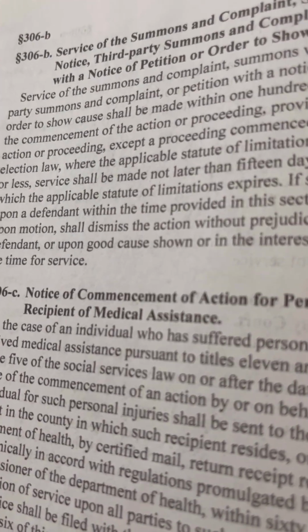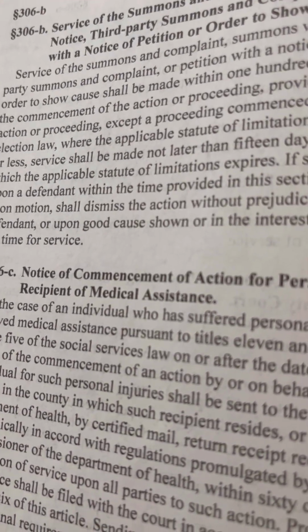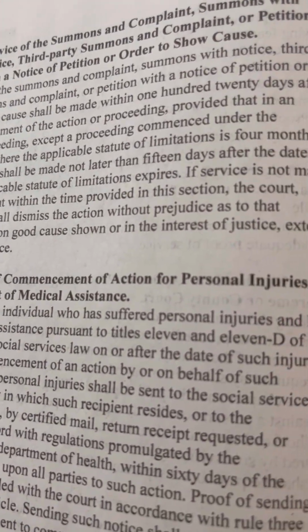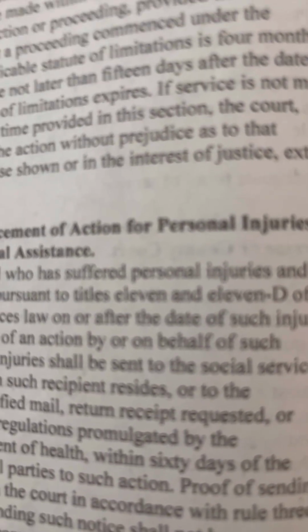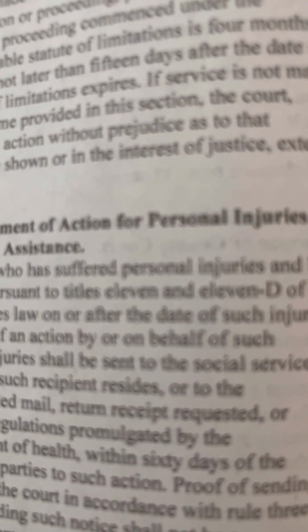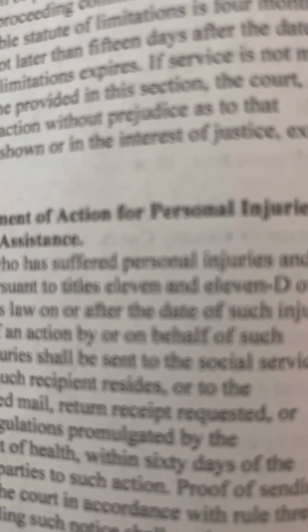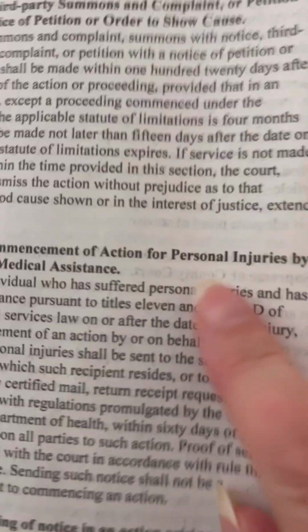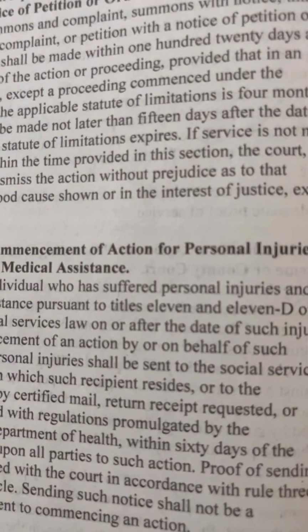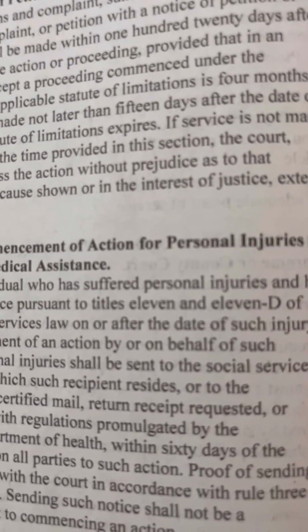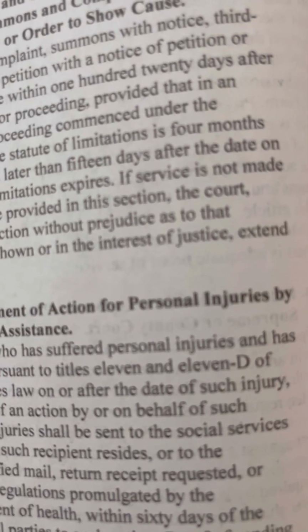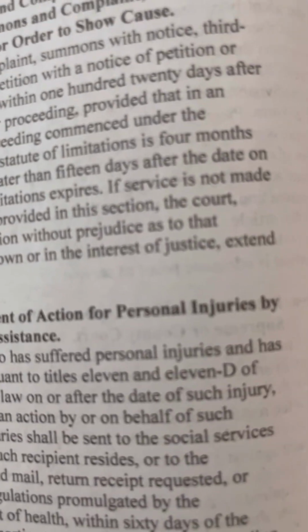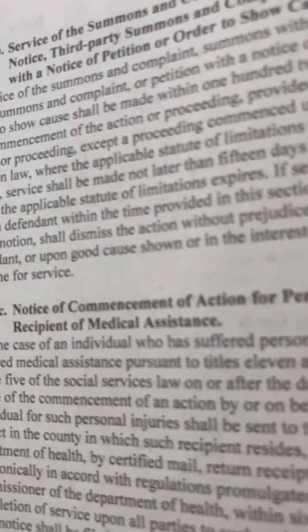So that's what you're gonna get out of this section of Article 306B, with that service of the summons, that order. First, you go to county clerk, you file the summons and complaint and get your index number, then proof of service. Then the proof of service takes effect. You do your proof of service on the defendant. Okay, service is not in a timely manner, the defendant can then motion to dismiss